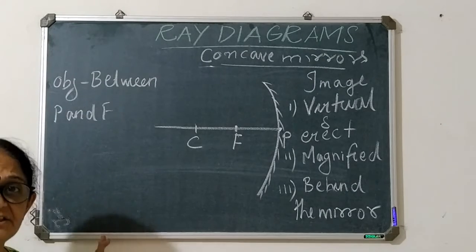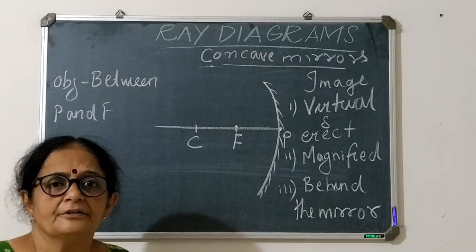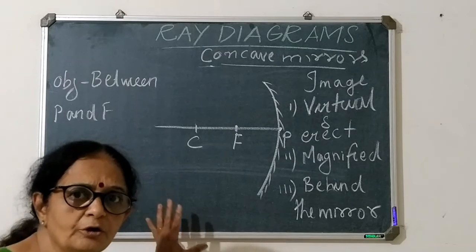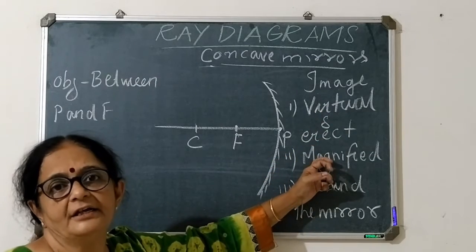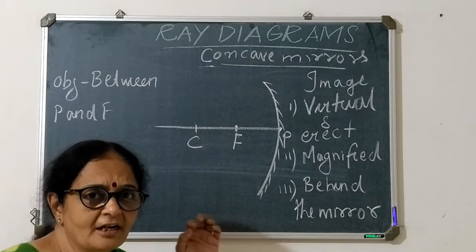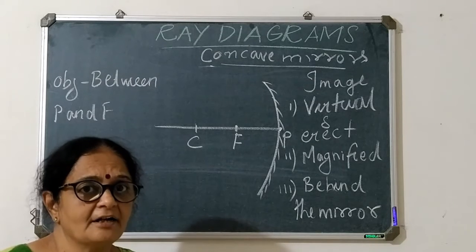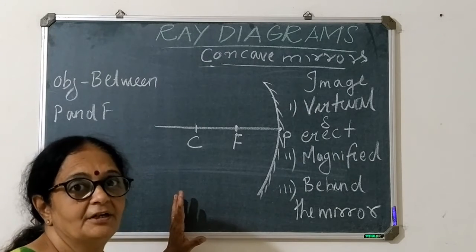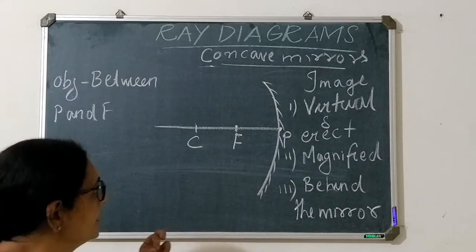Now this is the last criteria. Till now all the diagrams which we did, in that the type of image which you were getting was real and inverted. This is the only diagram where you are going to obtain virtual and erect image. So this diagram becomes odd one out. દરેક કોન્કેવ મિરરના જેટલા ડાયાગ્રામ્સ છે એમાં ઇમેજીસ બધા ડાયાગ્રામમાં real and inverted આવે છે. This is the only diagram in which the image is virtual and erect. So this you will have to understand properly.